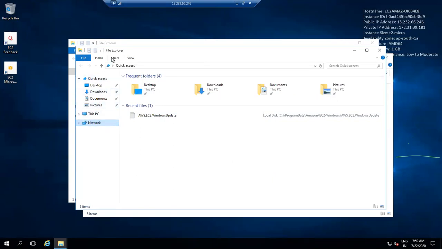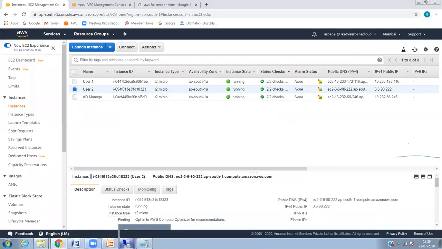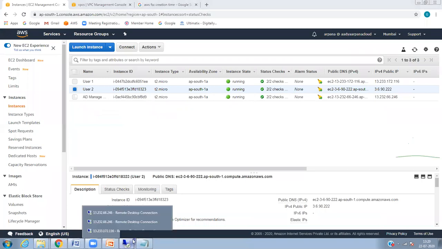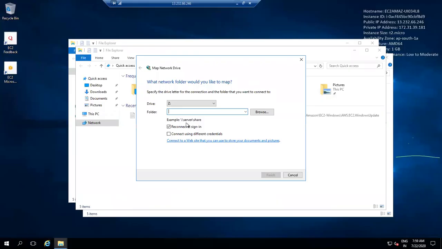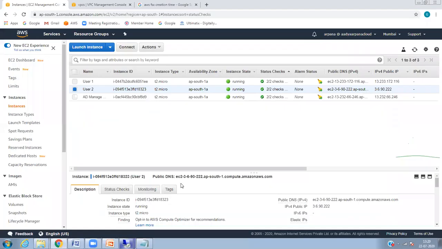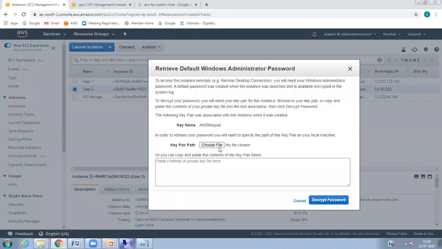Right click, map network drive, go to your notepad, copy that shared file, go back to your server and paste it. See? Now I will connect to this server, get the Windows password.